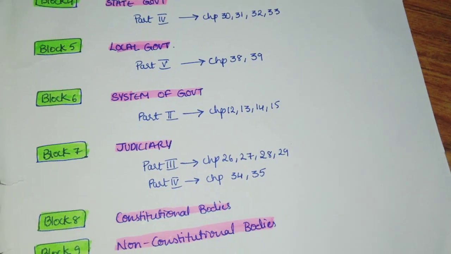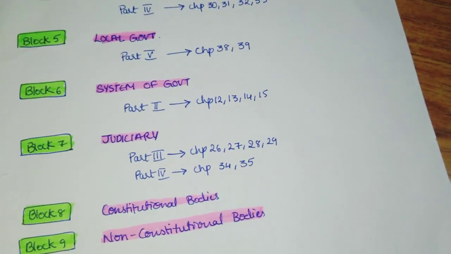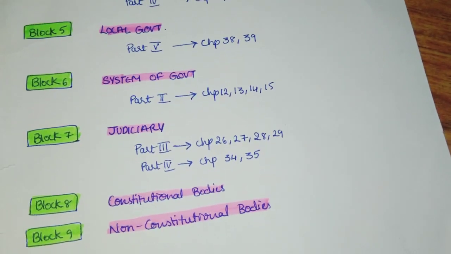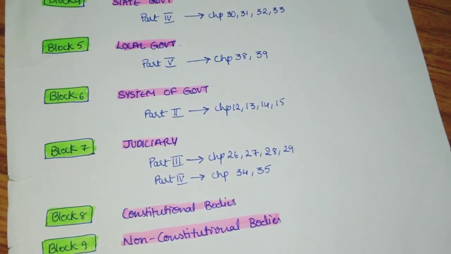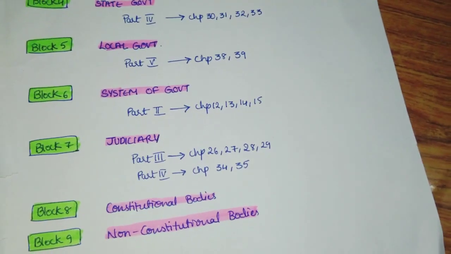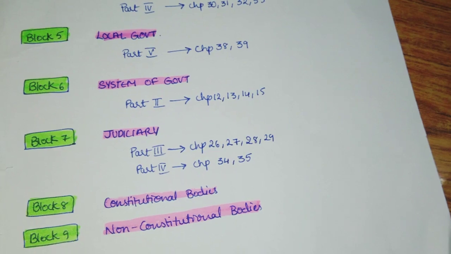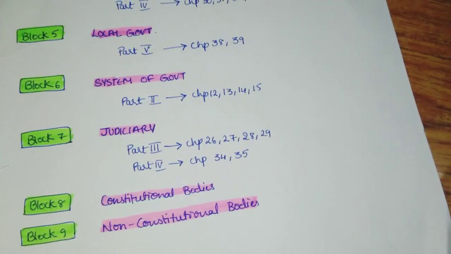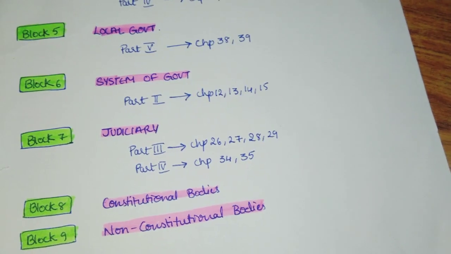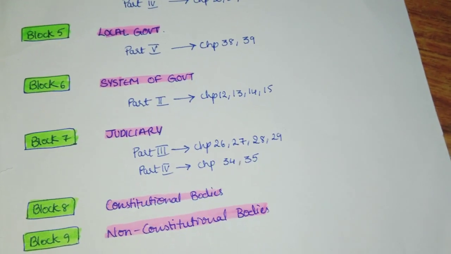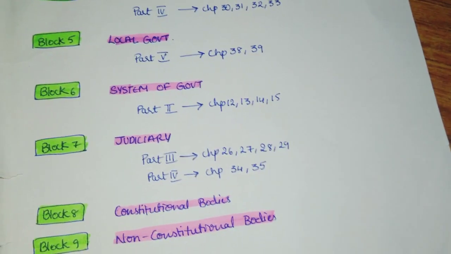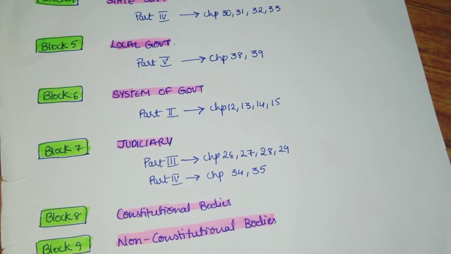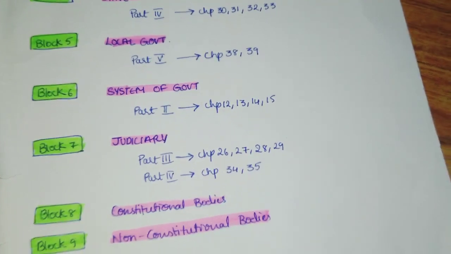Block 7 is judiciary. In judiciary we have central judiciary, that is overall all India judiciary, and also state-wise judiciary, right? Judicial system. This is an integrated system, right? And in part 3 we have chapters 26, 27, 28, 29. Chapter 26 is Supreme Court, and from chapter 26 to chapter 29, that is public interest litigation, you can study